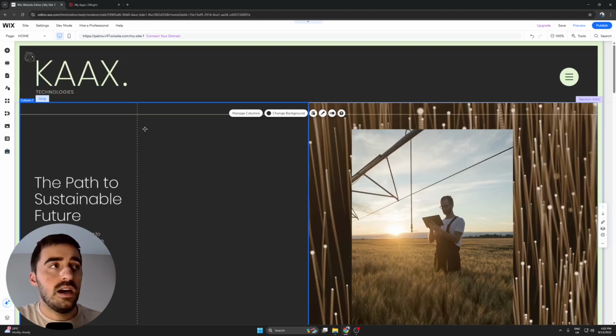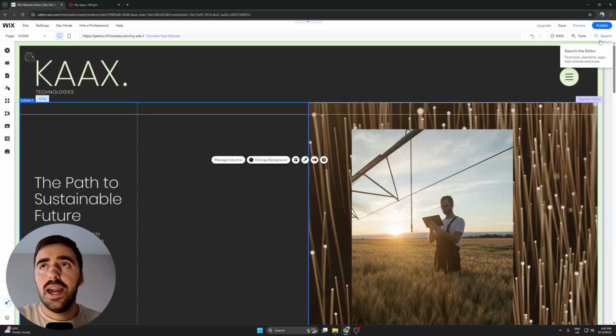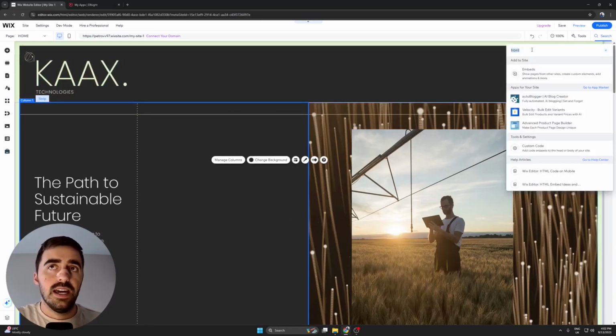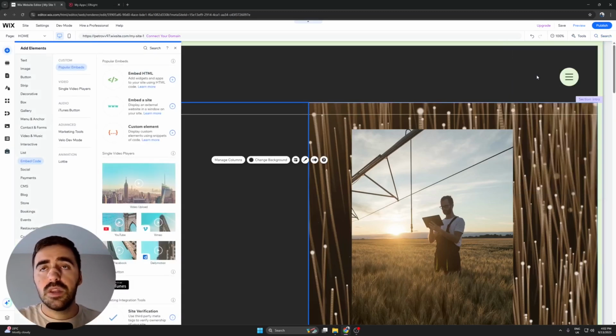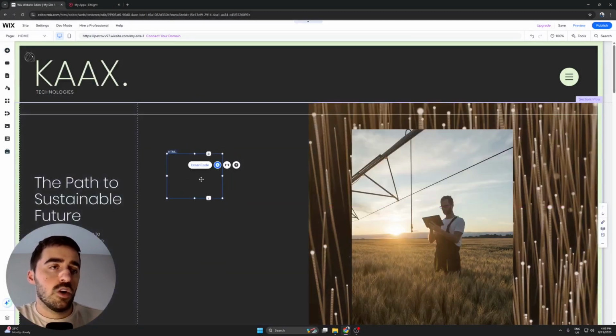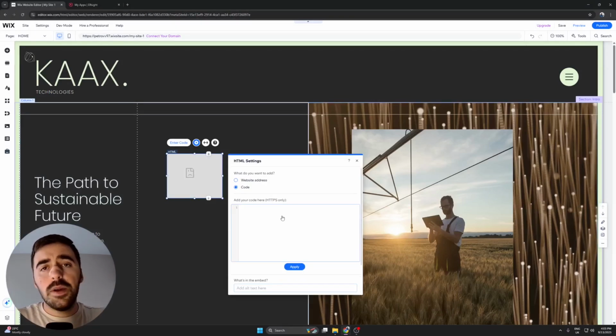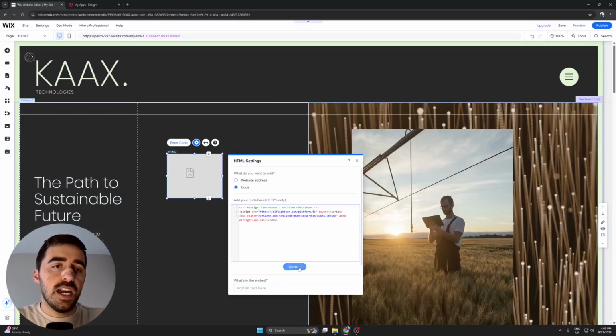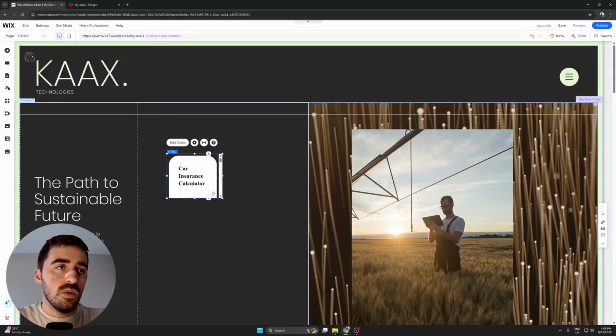Once you've selected a section that you want to add it to, go ahead and click on search in the top right corner of the screen and search for HTML. Then you will see this embeds button. I want you to click on it, and then on the left hand side you'll see a new window open up. I want you to click on embed HTML, and then what that's going to do is add this code block to your Wix website. From here, simply paste the code we just copied from Elfsight, click on update, close this down,